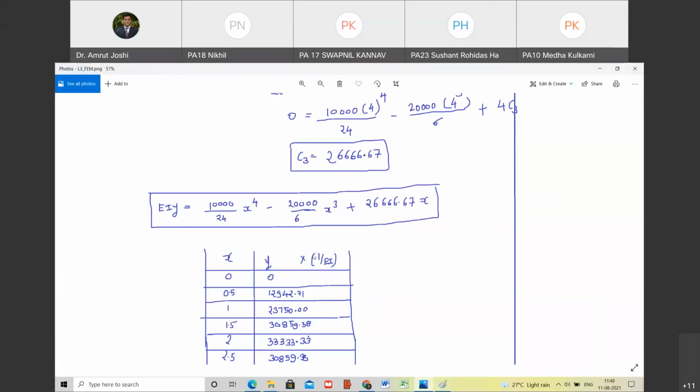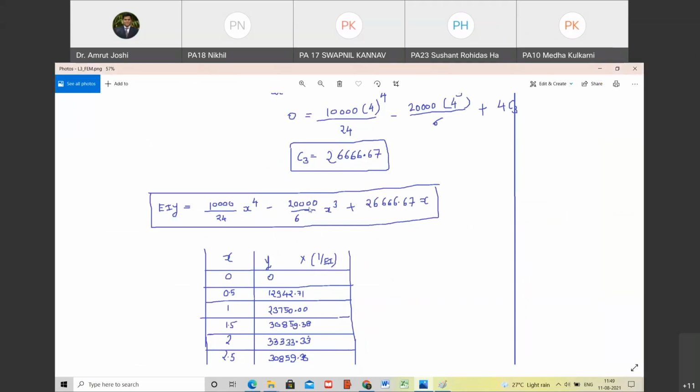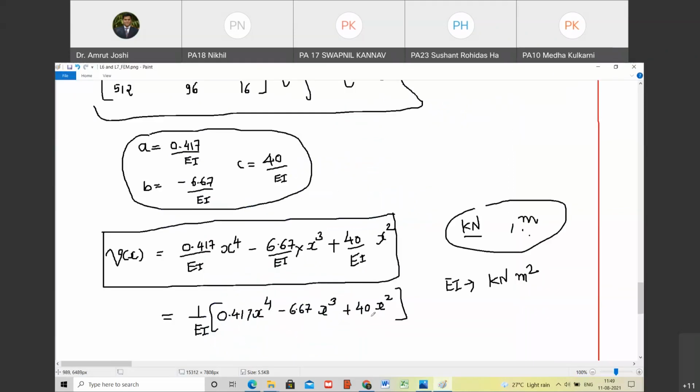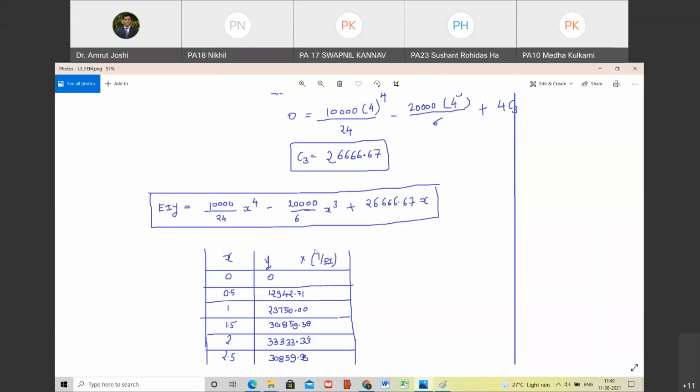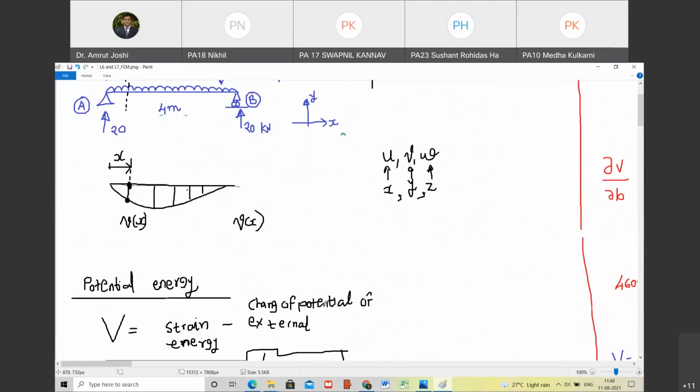And this is 40x square. So what I want you to observe is, this equation also involves terms in x raised to 4, x cube, and x square. Happy? And this expression also involves terms in x4, x cube, x square. The signs are positive, negative, and positive. Here also the sign is positive, negative, and positive. So the functional form of V of x is correct. Now, the only thing is we are not getting these coefficients correct. The reason lies somewhere here. We have made either a calculation mistake or a mistake in units. Are you with me?